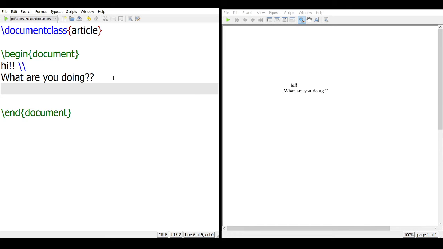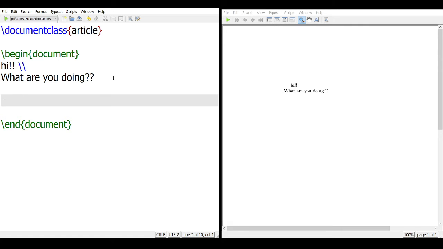Now see, if you want to add new sections in your article, in your document, then you will add section, and you can name it anything, like section with introduction.